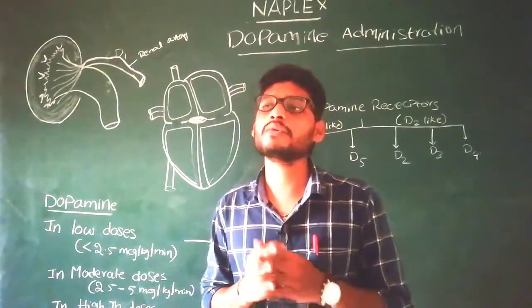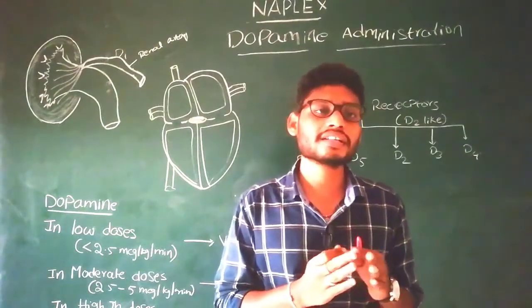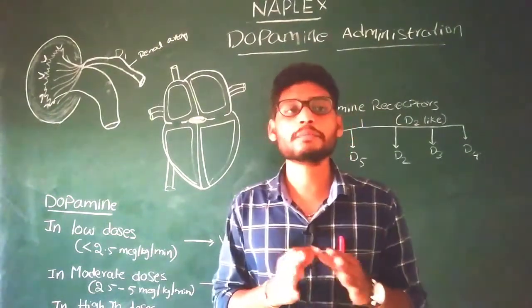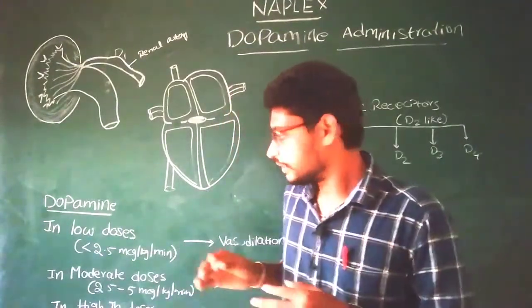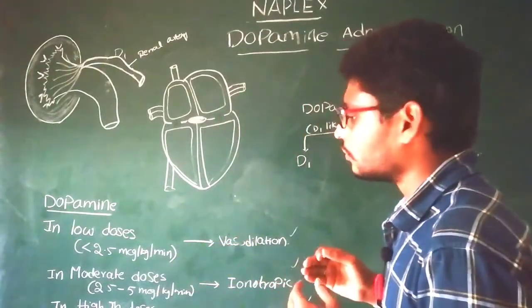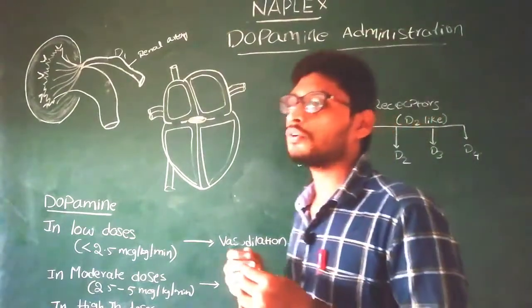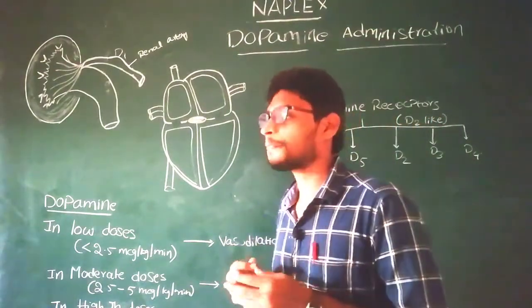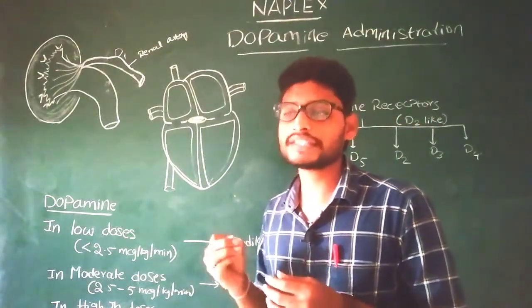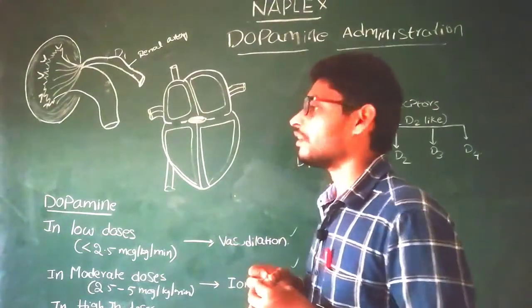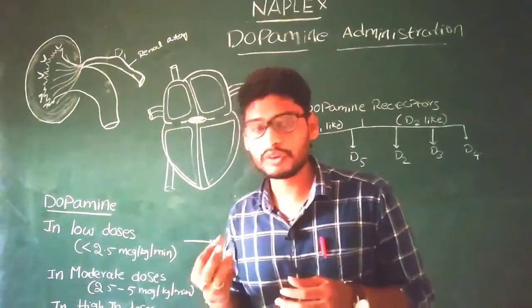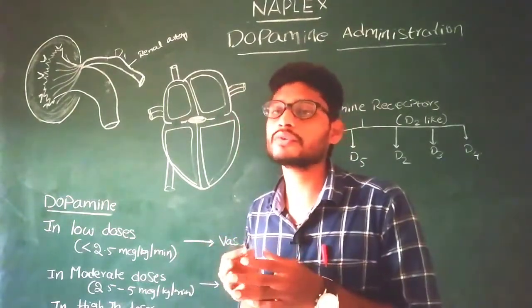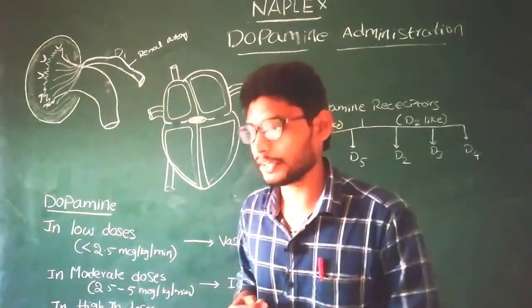So that's why we have to dilute this concentrate of dopamine before administration in the IV infusion form. Here we are going to know the dose of dopamine for treating hypotension, the rate of flow to be set, and how to dilute. In which type of solutions do we have to dilute this dopamine?